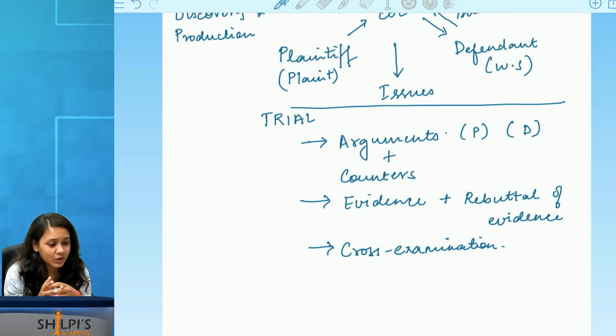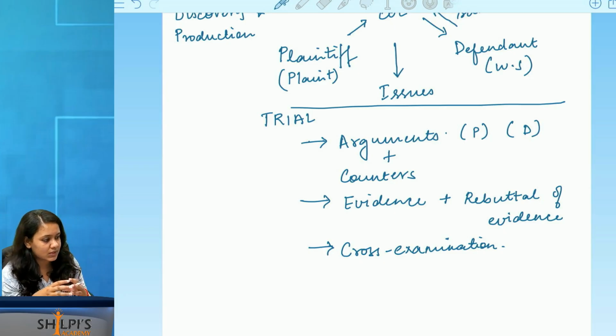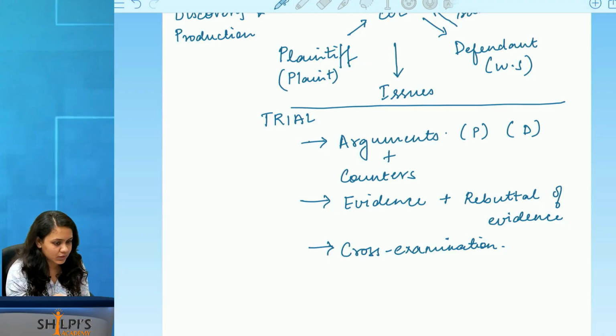Now, if a person is lying about their property, how did they obtain the property, or how did they obtain the goods? They would have lied saying, no, I bought it through legal means, but actually it would have been acquired through theft. That can be found out if the lawyers know how to cross-examine properly, because it will all come out, and those are accepted as evidence. So cross-examination is actually a very, very important stage in a suit, again for the purpose of fact-finding. Okay, are we clear at this trial stage? This trial stage is the longest stage actually, because hearings, counter-arguments, all of these will take place.